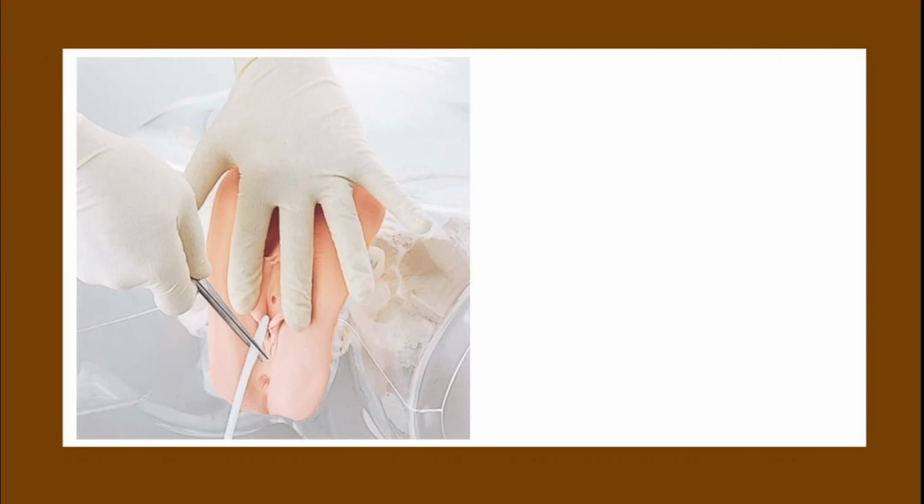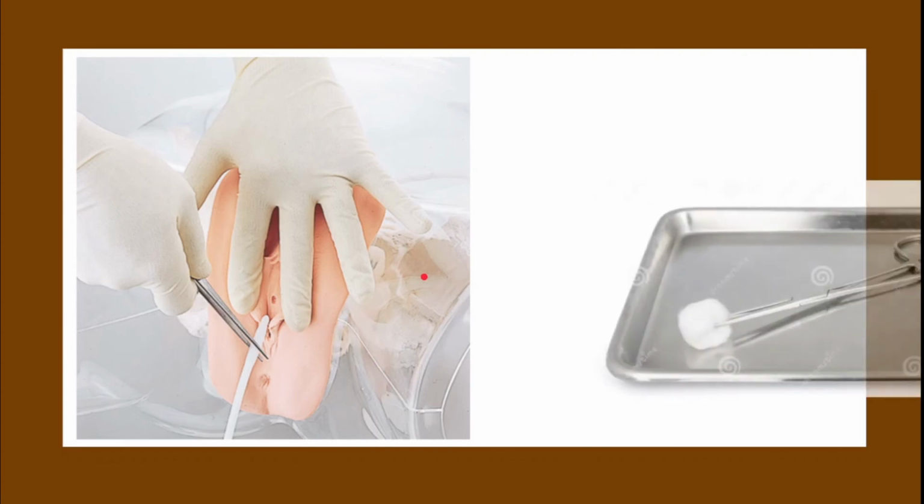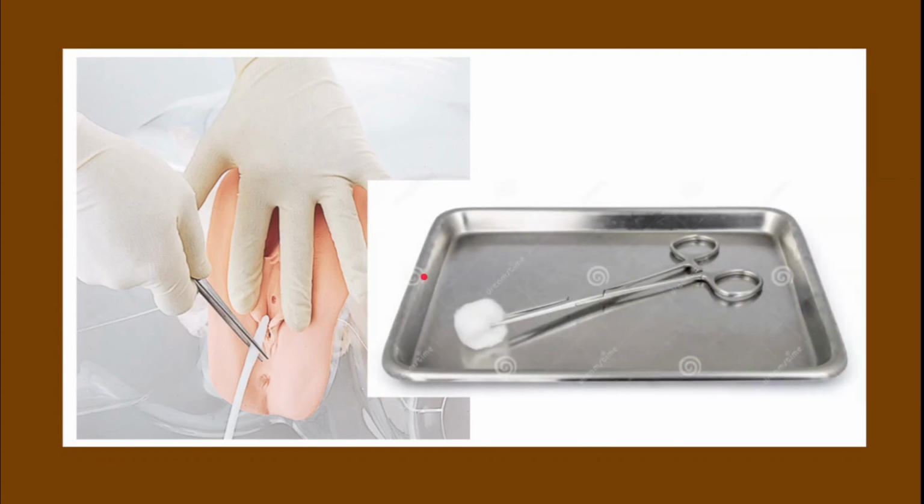Then the next is you should separate the labia with one hand, and you have to expose the urethral opening. Like women have urethral opening and then there is vaginal opening. So you have to expose the labia and you have to check for the urethral opening. Then using swabs held in forceps in the other hand, you have to clean the labia fold and the urethral opening with the betadine solution.